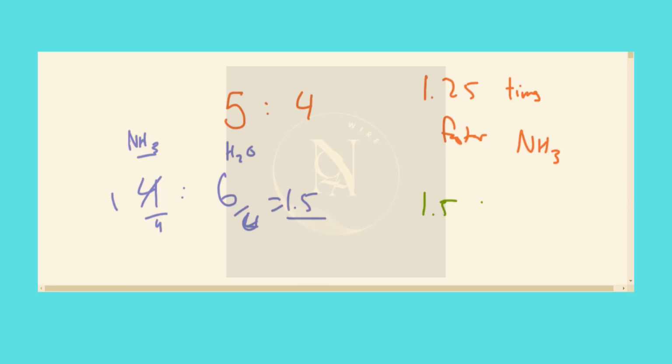which is to say the rate is 1.5 times faster of water production than